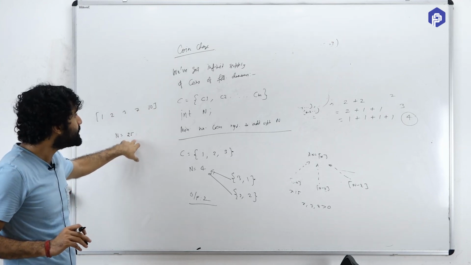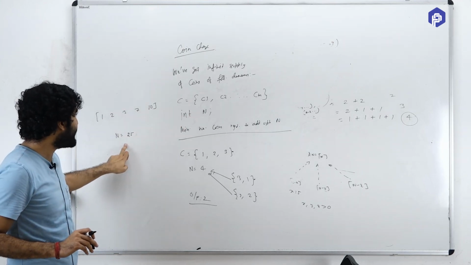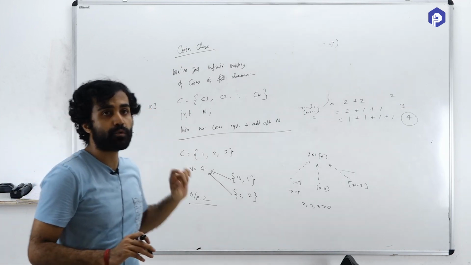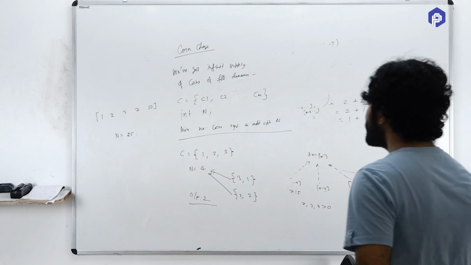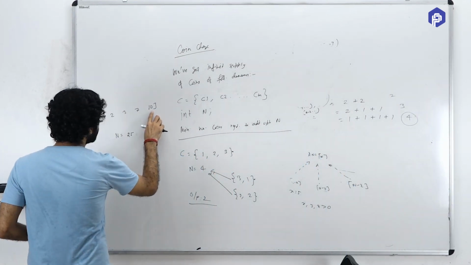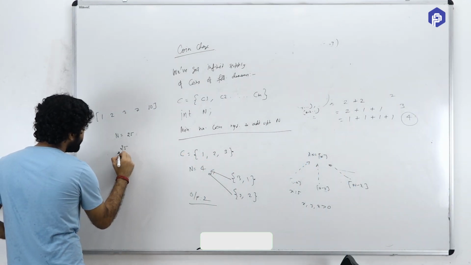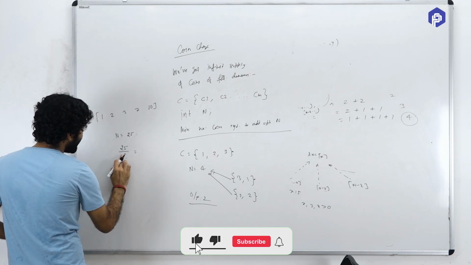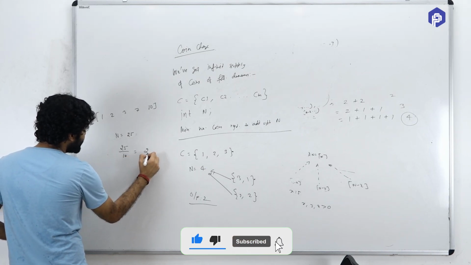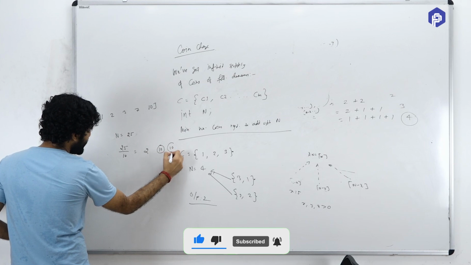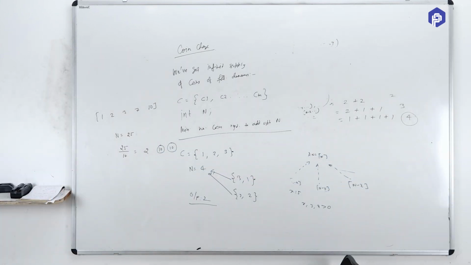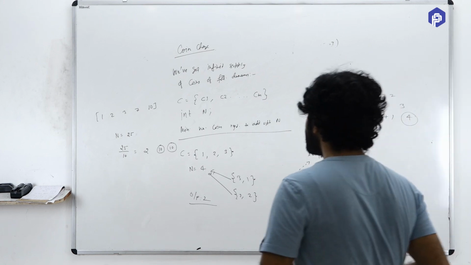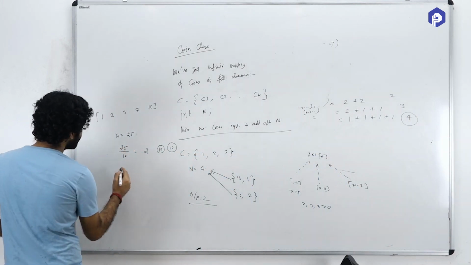Now to reduce the number of coins required to make 25, what will be the first coin that you would want to take in a greedy manner? Yes, you would want to take that coin which has the highest denomination, right? So you would want to take this, and how many instances of this would you take? That would be 25 by 10. So you would take 2 instances of the 10 rupee coin, right? Yes or no? This is what you have been thinking, everyone, right? Now because you have taken 20, the remaining sum is 5.